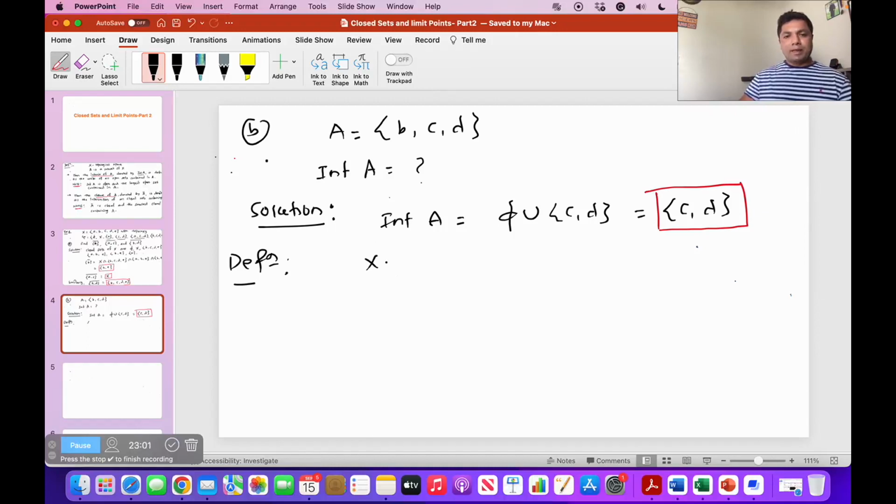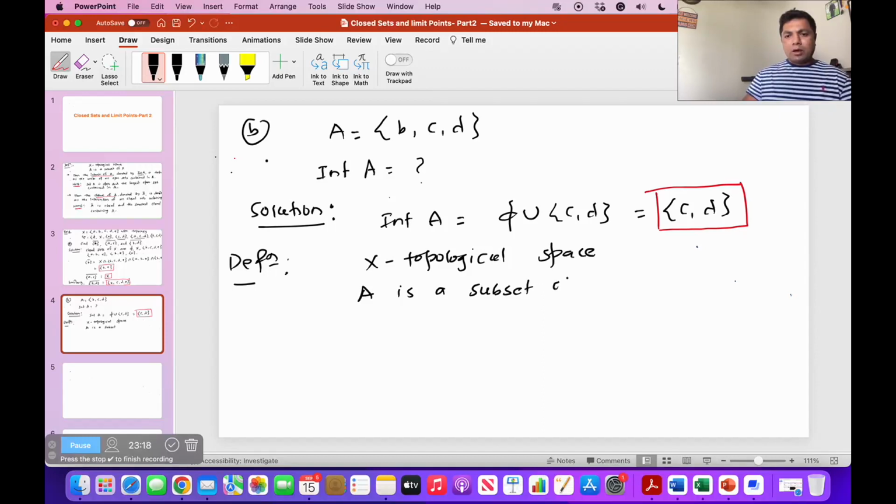X is a topological space, and A is a subset of this topological space X. First we're going to define the interior point of A, and then using interior point of A we're going to define the interior of A. A point,